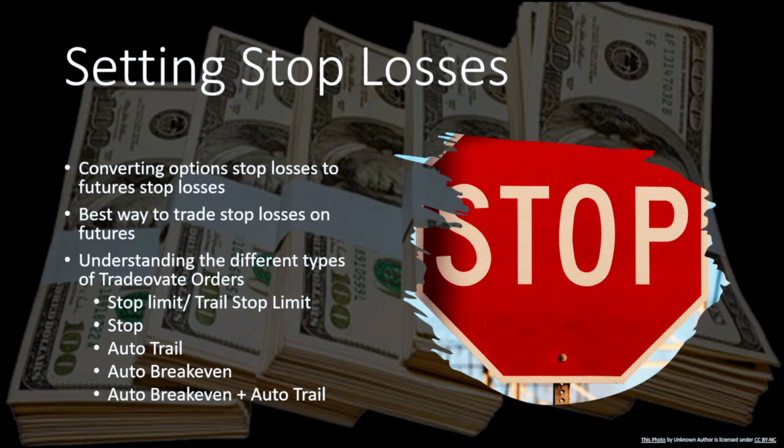On the auto break even, you could set it so once I hit 5 points, I have an automatic 1 point break even. So it basically pays for your commissions. And that way, if it goes against you, you at least are breaking even green and you're not losing money on your trade. So you can set your auto break even and your auto trail. So that's a really cool way that if, like I said, you want to try to let these run more and get some bigger wins, but you want to set some protection, it's really nice that you can do that here.